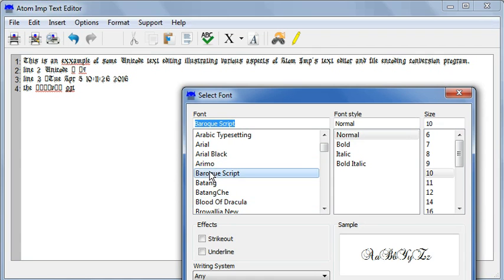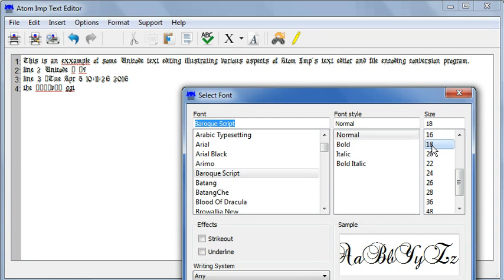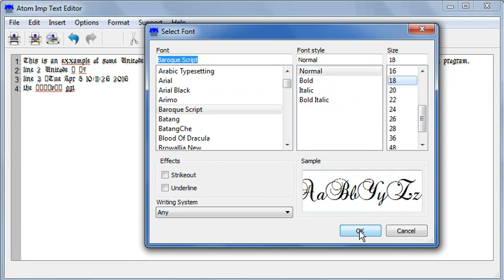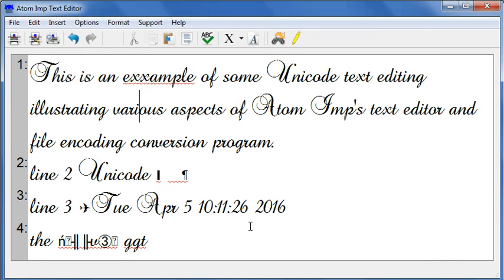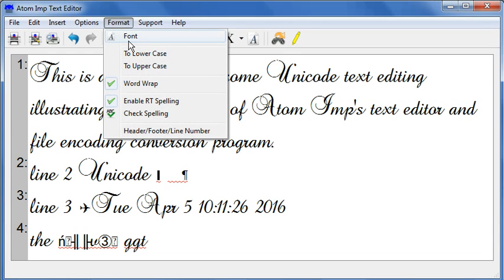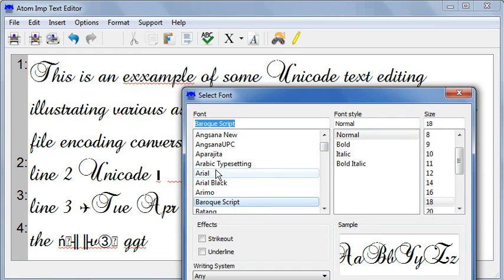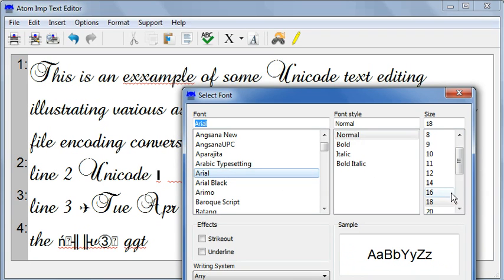I can do Baroque script at, I don't know, 18 points, and that in. You can see everything we put in there is now in Baroque script. Whatever font you pick does not affect what is stored in the document file. That is just text. The font is simply for display and print. Let me go back to Arial and